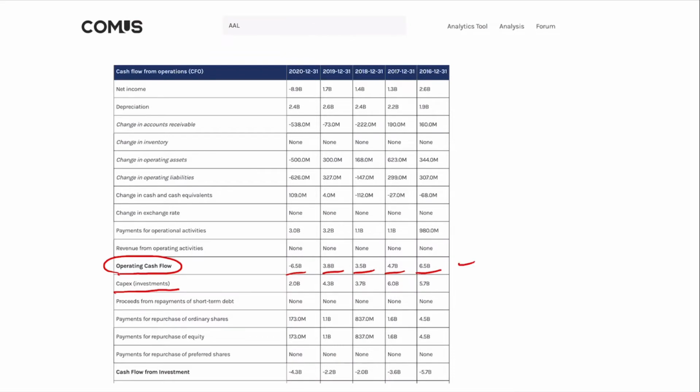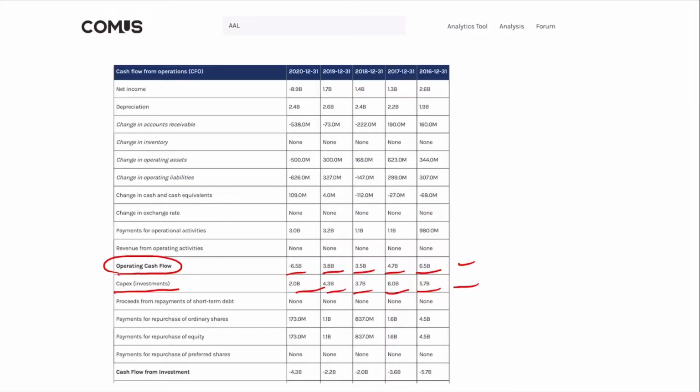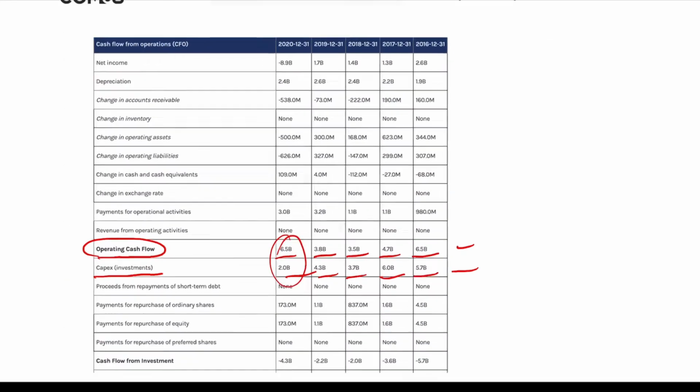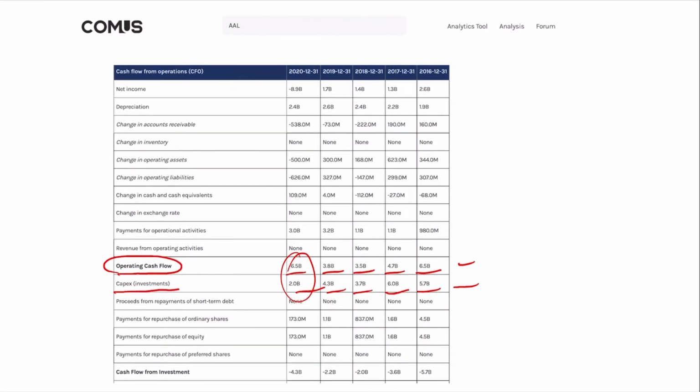Now the capital expenditure went from $5.7 billion, grew one year, then we start doing lower and lower numbers. So this is negative. I want to see them continue to invest in the company and become more efficient. So that is negative. Now there's a huge difference here between the operating cash flow and the capital expenditure. This is just negative. I don't like this at all.